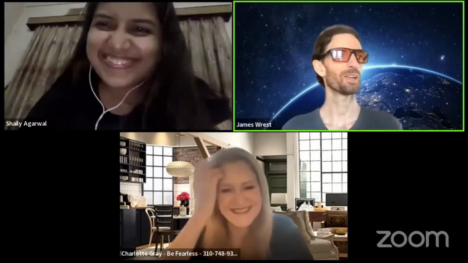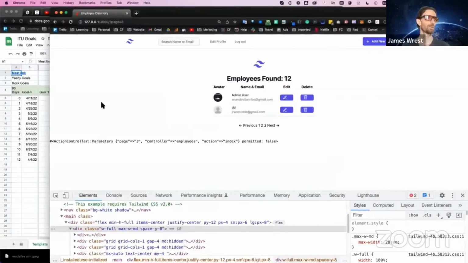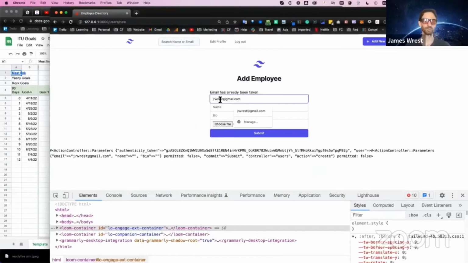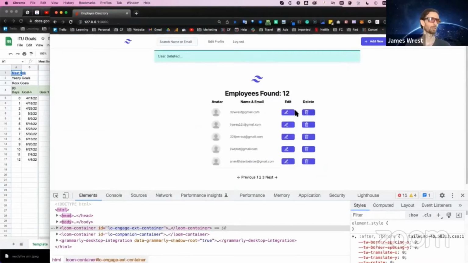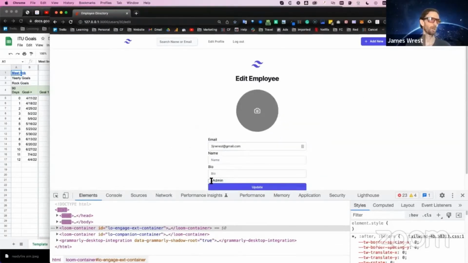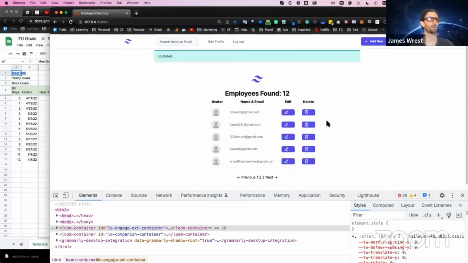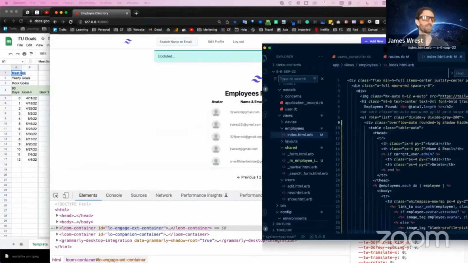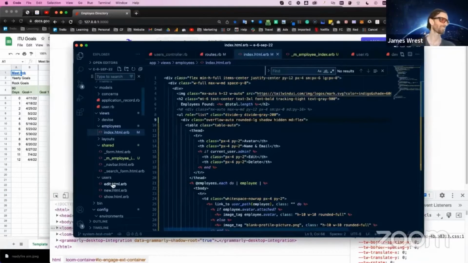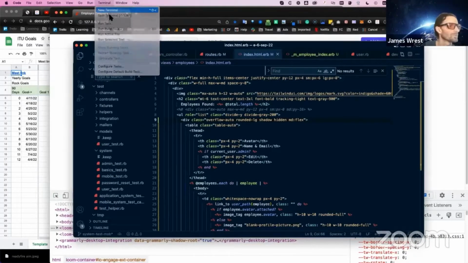All right. So for me this week, I've got my third round of the interview next week on Monday at 5:30 my time. And so I'm building, this is my little app, and you can add someone. It's already been taken. And then you can delete someone, edit someone, make them admin. And this is the basic functionality. And then this is the code, yeah? And this won't make sense, but I can show you the terminal.